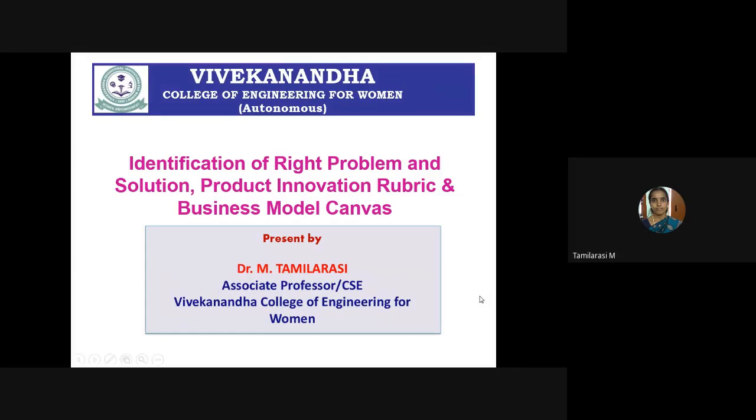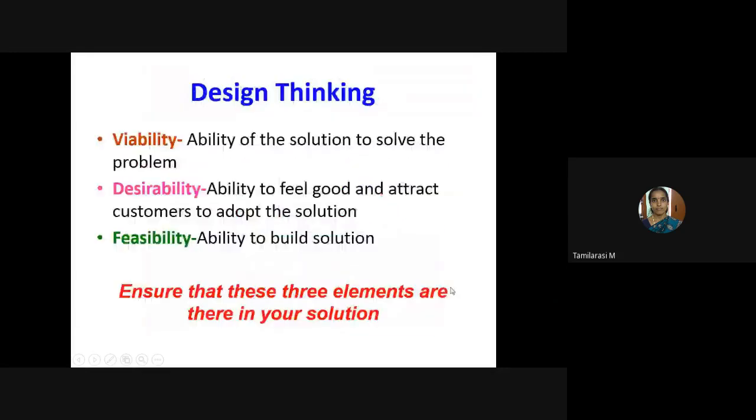So let's get into how to identify the right problem and the solution. The first thing: I hope you all have chosen the project, right? So you already have chosen the product, and we will not change our idea. But you can assess your project, whether it is worthy or not. Whenever you have some idea, first and foremost you have to have design thinking. Three parameters are very important. If any one of these fails, it will not be successful in the market.